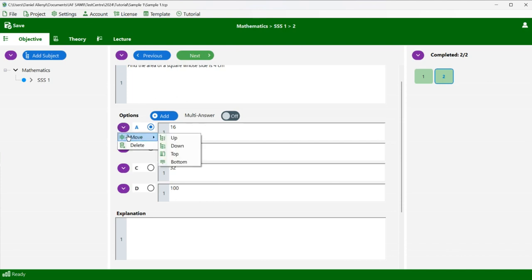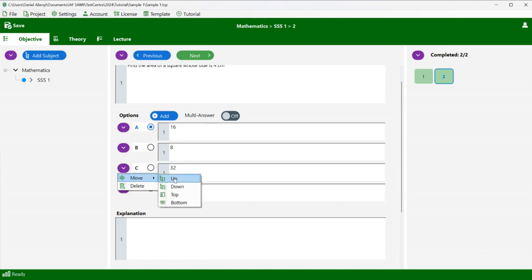So let's say for some reason you wish that option A is swapped with option C. That is, you want option A to be option C. Now, instead of retyping all of these, deleting and retyping, you can just move this down, or you move option C up. So I can say, okay, let option C move right to the very top. If you click up, it is just a one step upward, but if you click top, it goes right to the very top, right? And if you notice, even after the movement, it still kept the correct option here,